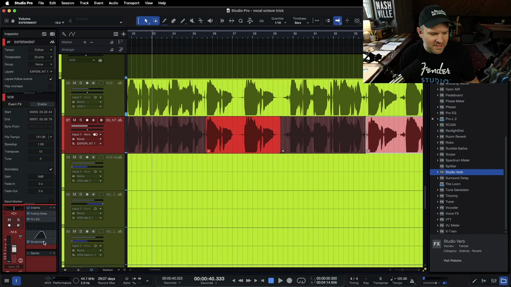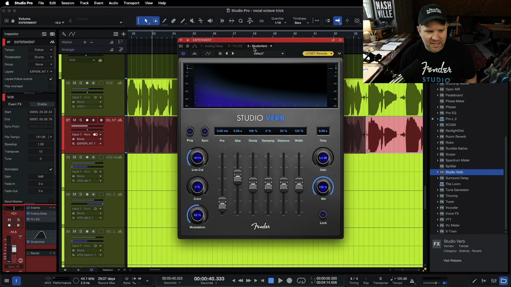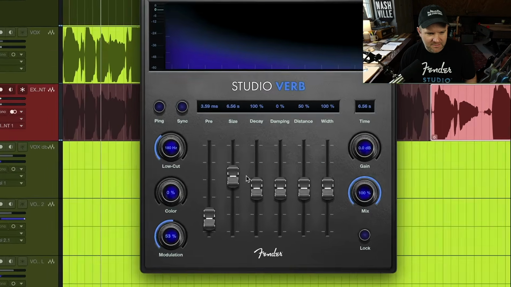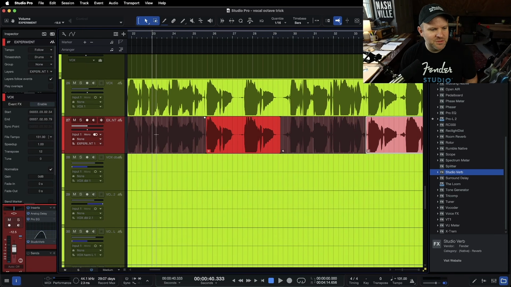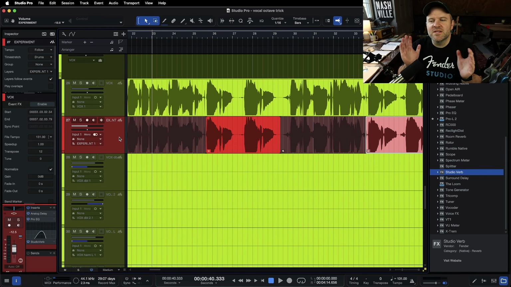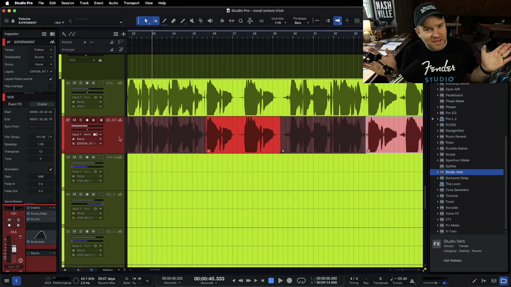Now, you could make the case that that reverb is just way too long at 6 seconds, and we could adjust that and mess with it as much as we want. But that's a super cool and intriguing thing. So what I love about this is why it's so important. And I know this is like the most obvious statement ever, but it's so important to take time to listen